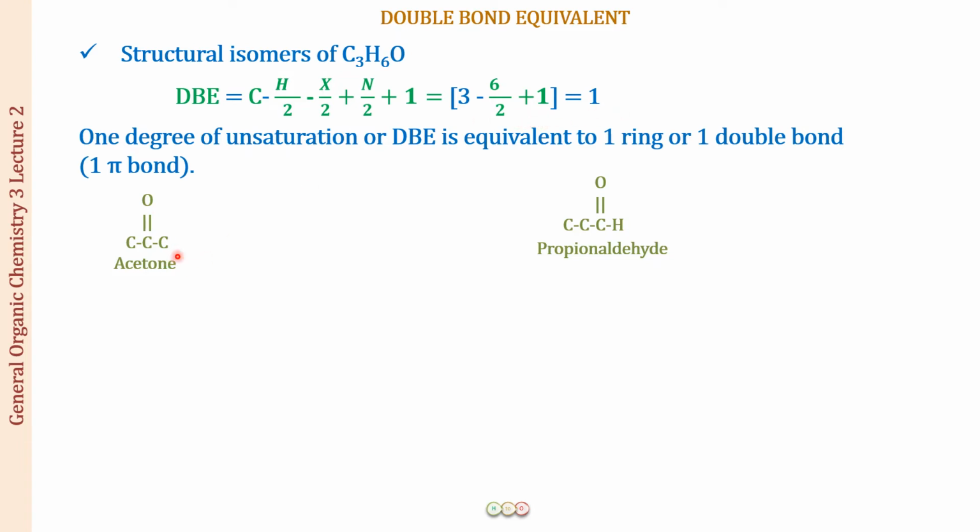Alright, so are these two the only possible structural isomers? I cannot draw any other aldehyde for this structure because this is 3 carbons. Either I can put the CHO group at this end, or at this end, and the structure is going to remain the same. And similarly for acetone, it is only 3 carbons, so I can just put it at the middle carbon. I cannot put the double bond at the terminal position. So these are the two possible structures. Can we draw any more structures?